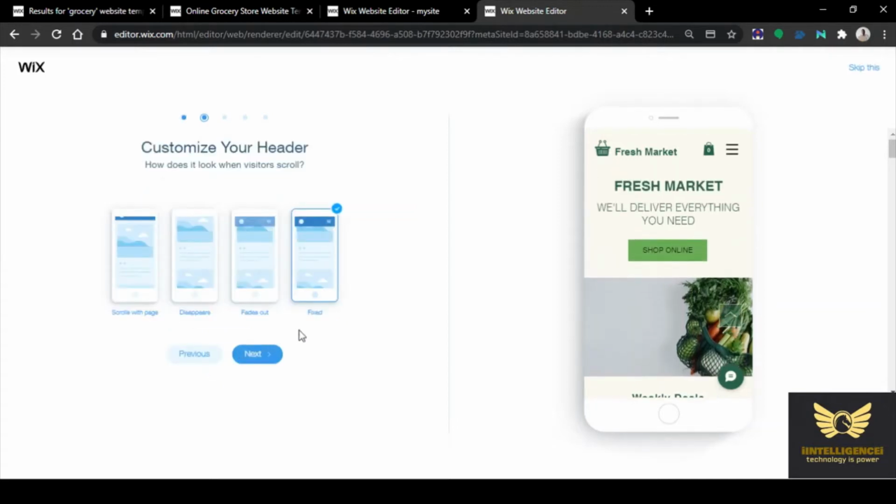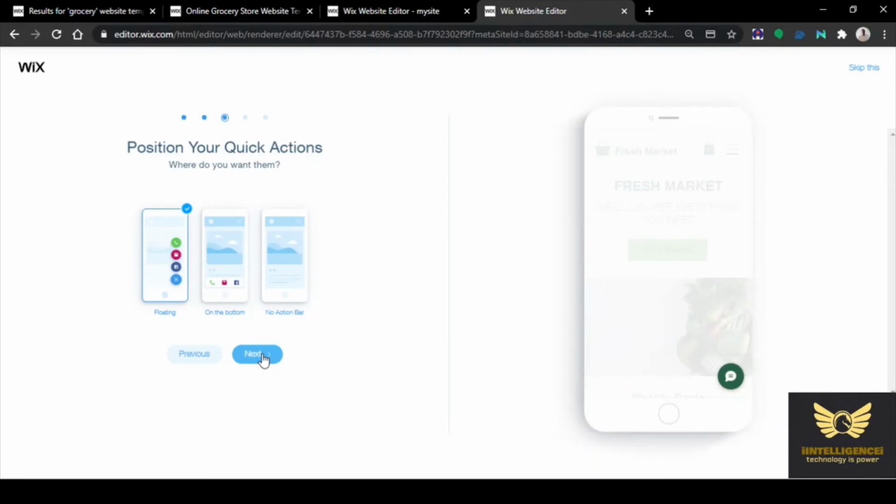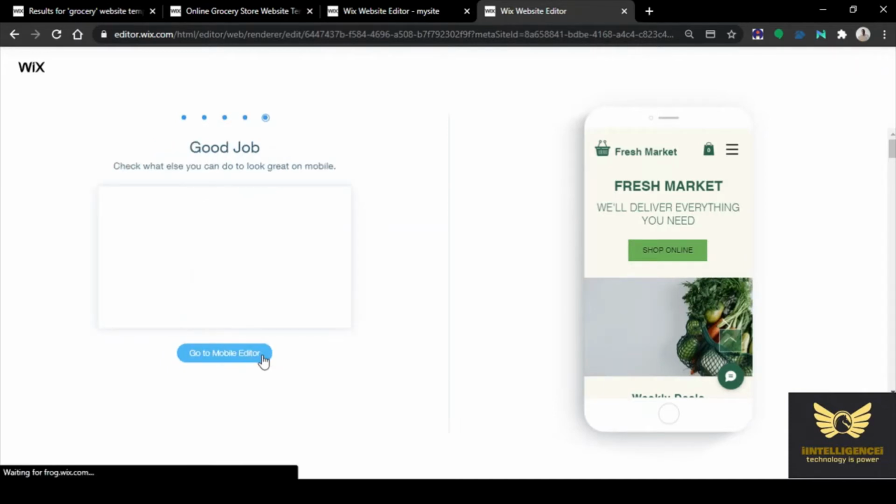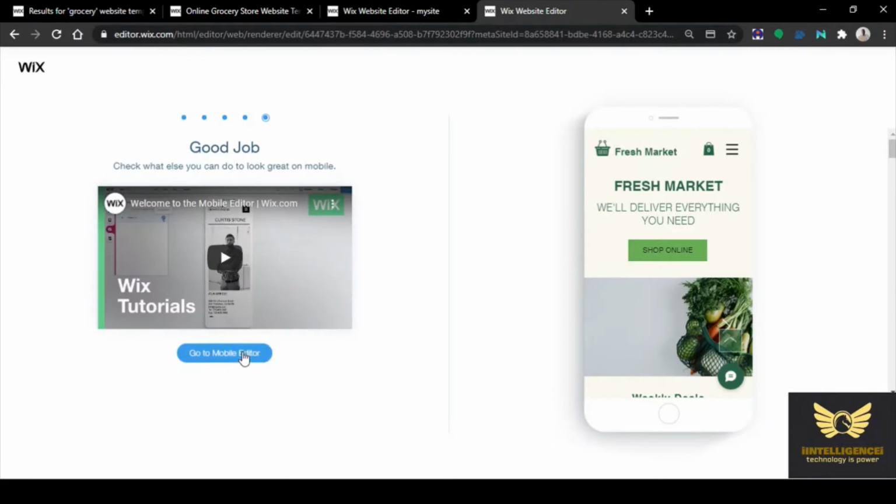Click next. Click. Click next. Go to mobile editor, click it.